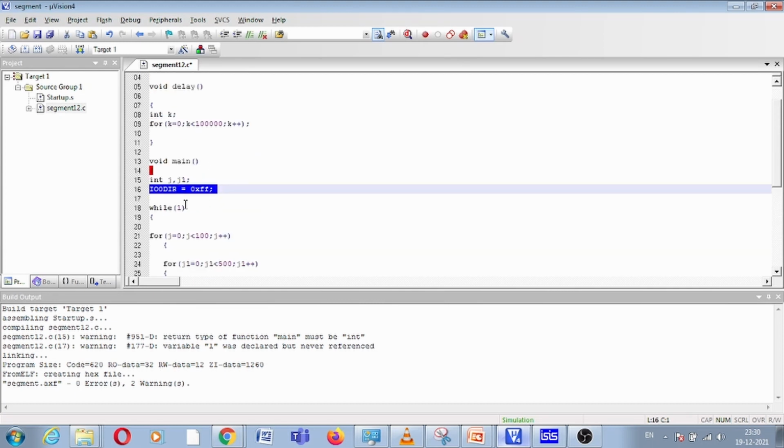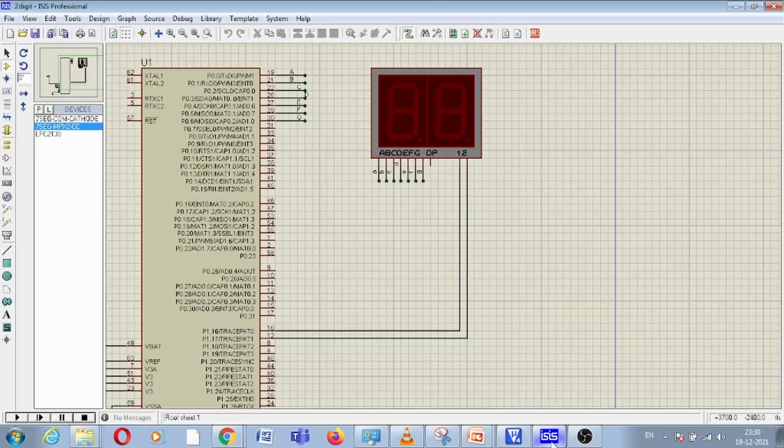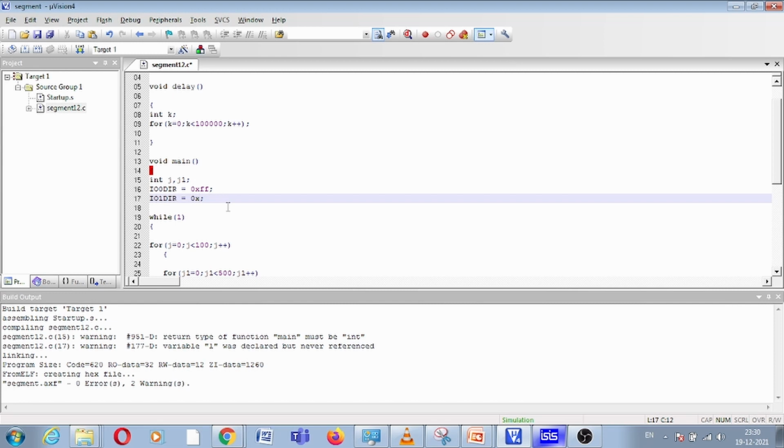So let me set the direction first of all, because now we have to play with the selection lines. And since the selection line pin is, you can see, P1.16, I have to write this, right? So when you convert this value into binary, it will be 1 1 0 0 0 0 0 0 0 0 0 0 0 0 0 0 0 0. So you can count P0.0 to P0.15, and this is 16, this is 17, right?